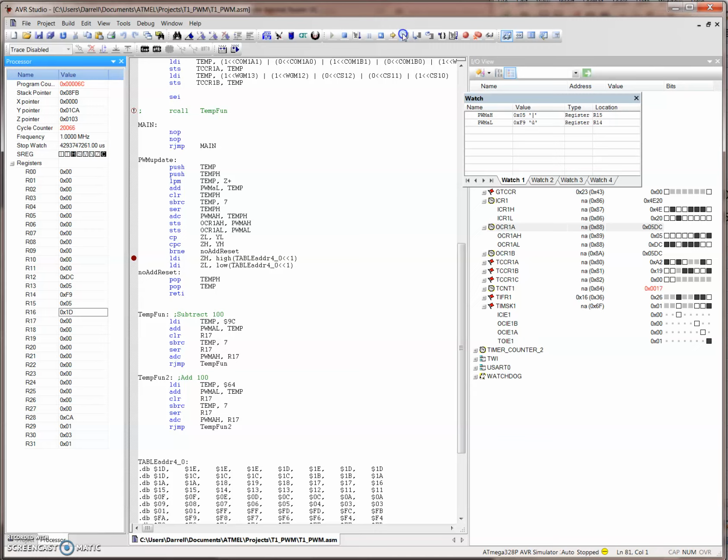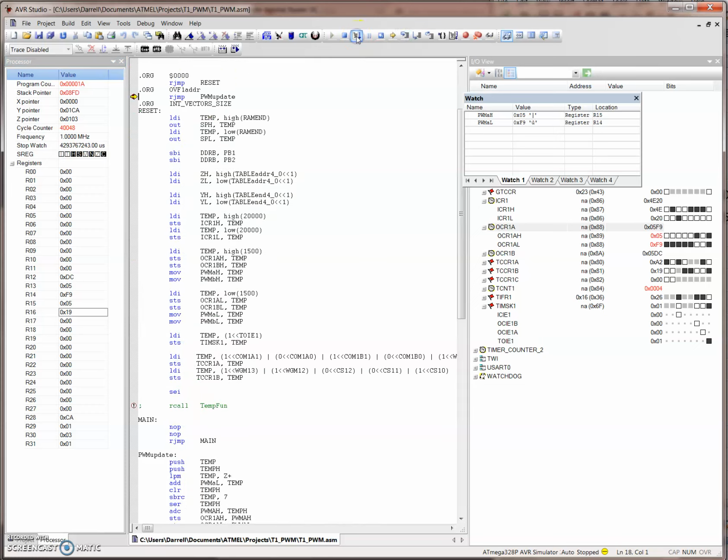Then we're going to compare. It should do a no add reset because it's not there yet or even close. And then it goes back to main and waits for the next interrupt. So we could be doing this here all night, or